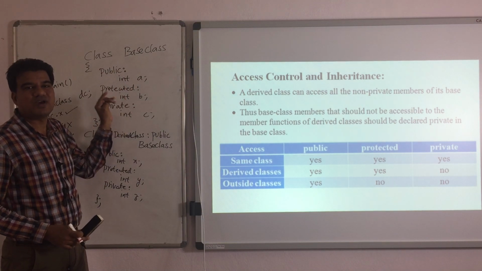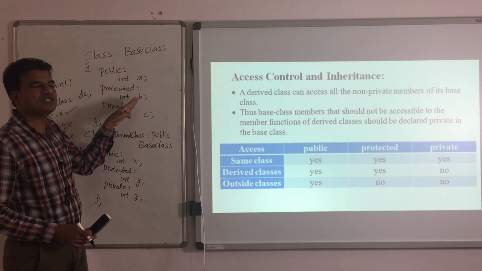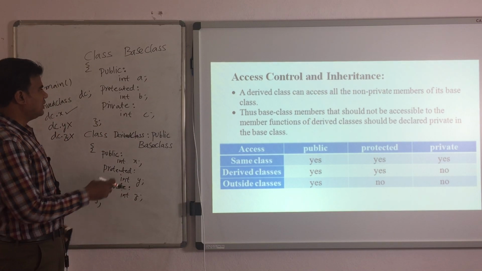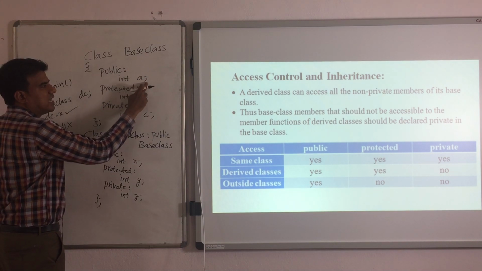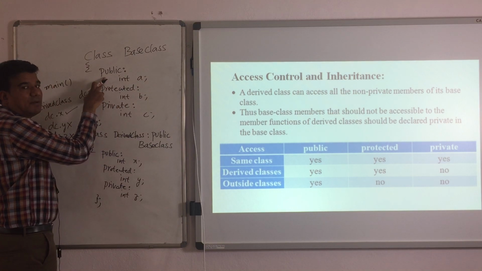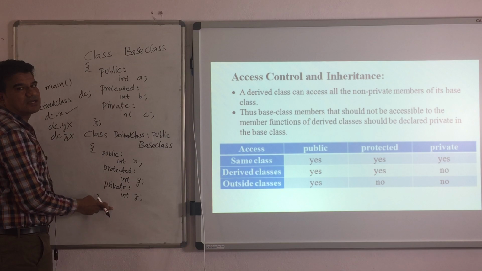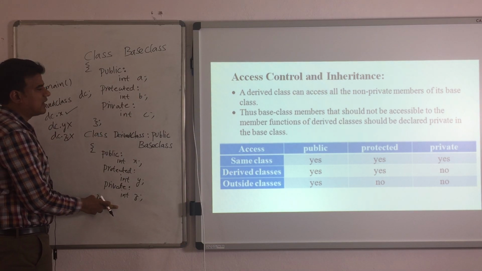First we check the access specifier, then the mode. When you consider this A from the base class, what is the access specifier for this A? It is public. Public means it can be inherited from the base class to the derived class.